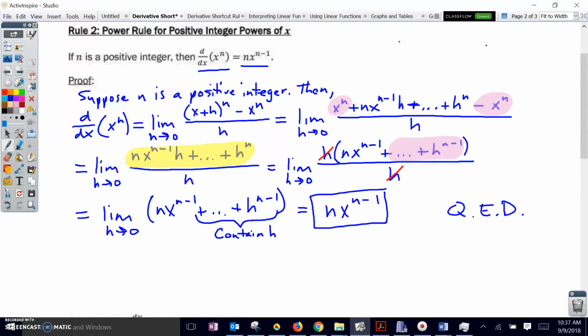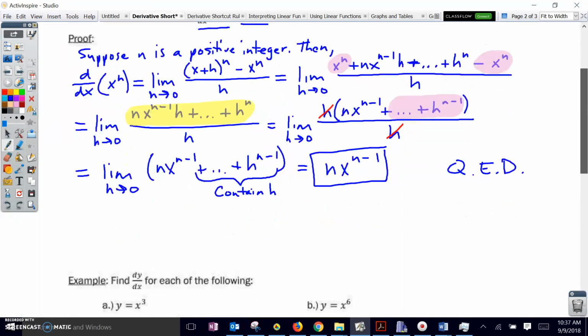Throw in an old school QED there. And there's our derivative rule, our power rule, for any time we have positive integer powers of x. So anytime we have x raised to any positive integer power, we can apply this rule. And we're going to go ahead and do that